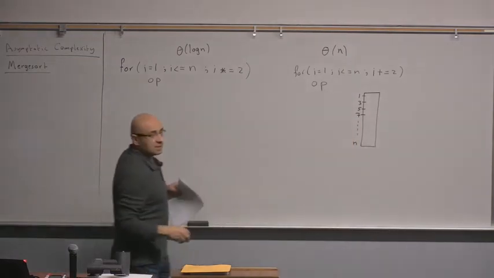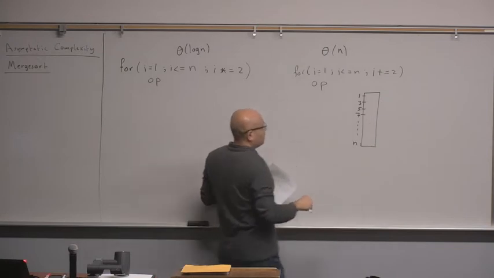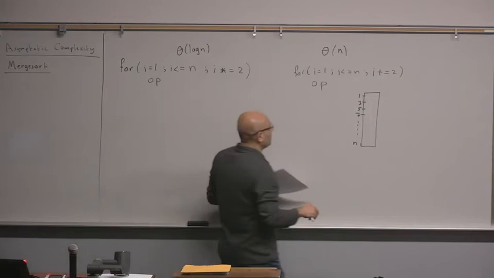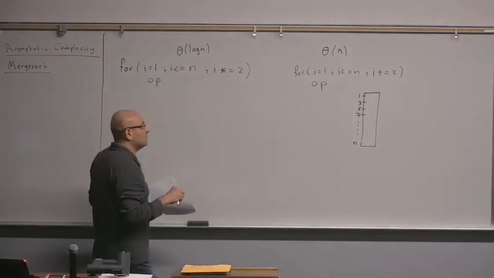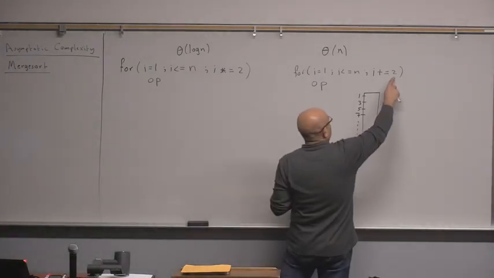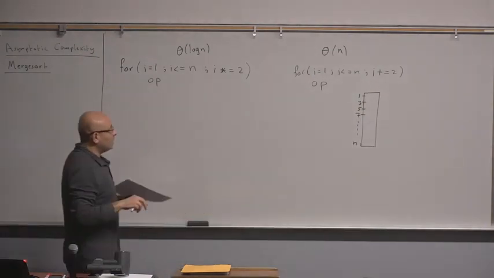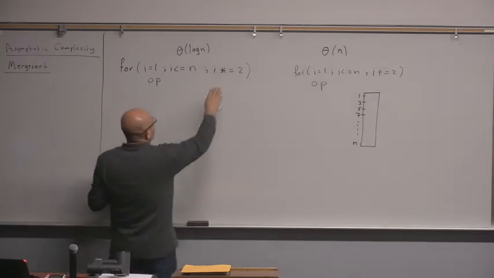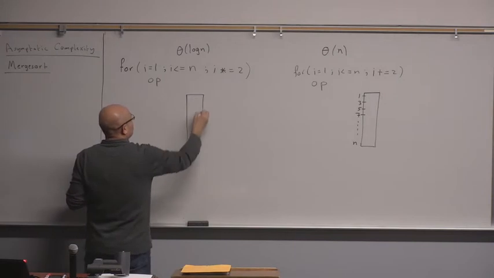So you have a constant step, and this constant step is only going to halve the number of iterations compared to the number of iterations if this was only 1. So this will only halve the number of iterations. While here,